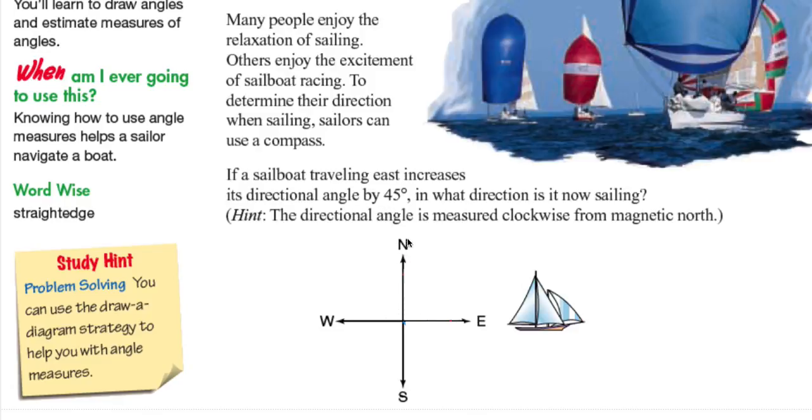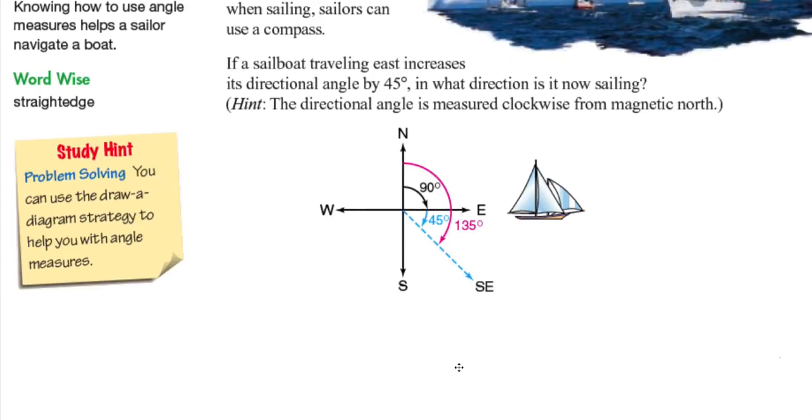That means if you're measuring from the magnetic north, and this is our compass rose, if the sailboat is traveling east, the angle it has traveled is around 90 degrees. But it says also that it changes its directional angle by 45 degrees. So we basically add 45 degrees to 90 degrees, and from there we know that the sailboat is traveling,